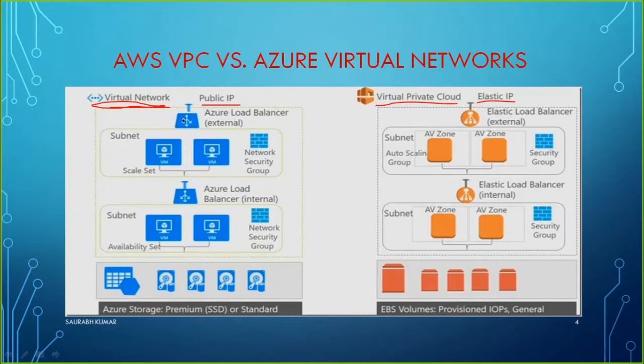Then here you see in Azure type of network we have Azure load balancer. But if you are using Amazon, you have the balancer called ELB, elastic load balancer, which we have talked already in this training. Here also we have the subnet, where you have some network security group. Here also we have a subnet where we have some security groups. We have some availability zones here also. Thereafter you see again they are using another Azure load balancer which is internal. They are also using elastic load balancer internal. So you see architecture wise almost same.